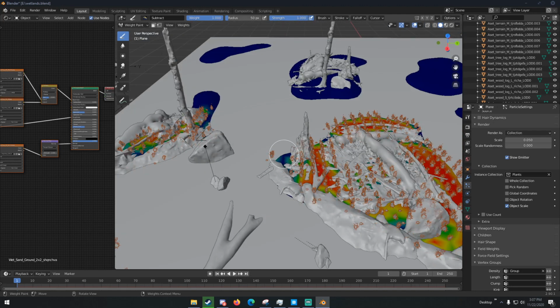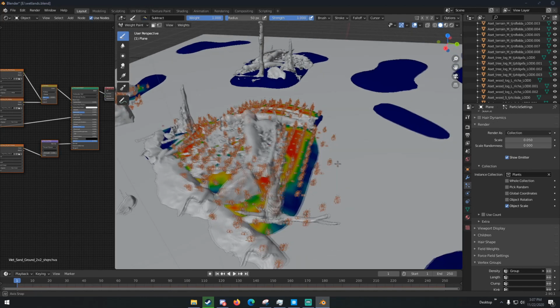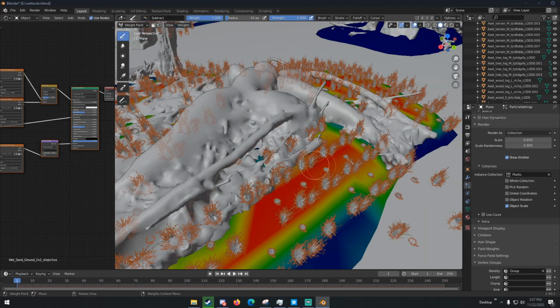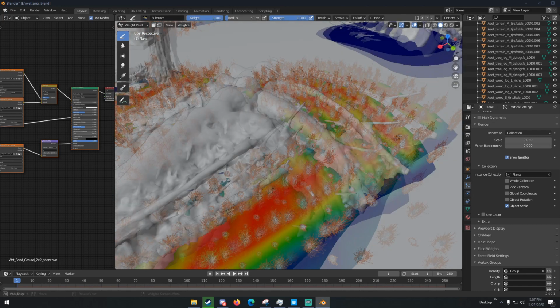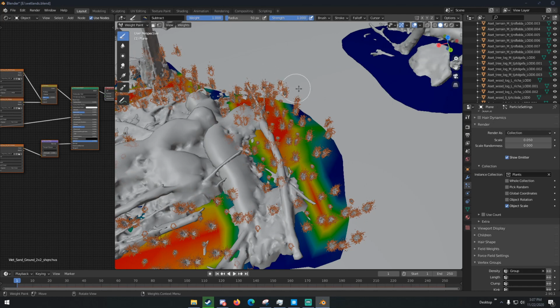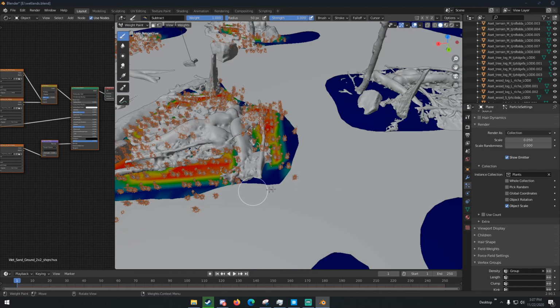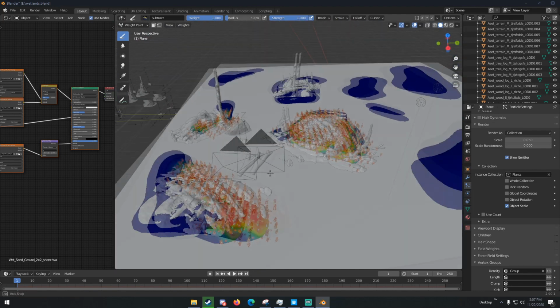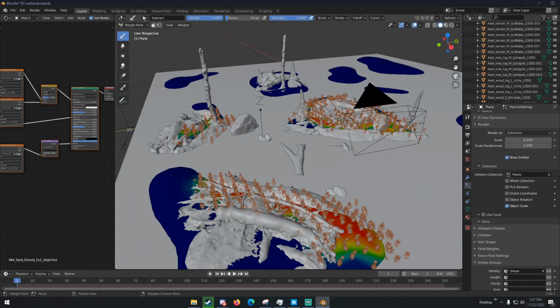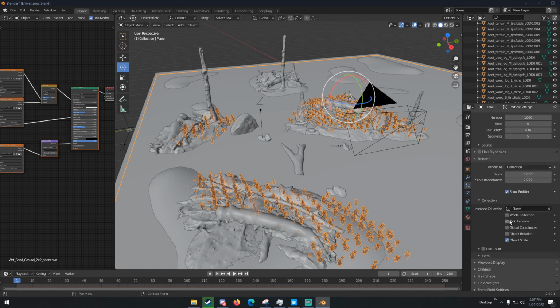Just subtract from the edges like this. And I don't know why these are still here, because they shouldn't be that far off. But anyway, we're just gonna leave that like that. We're gonna go back into object mode, and we're gonna